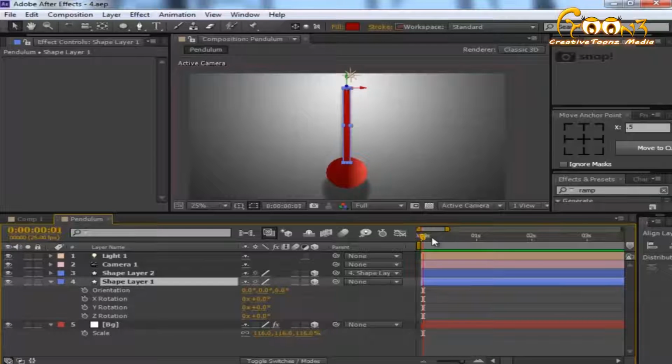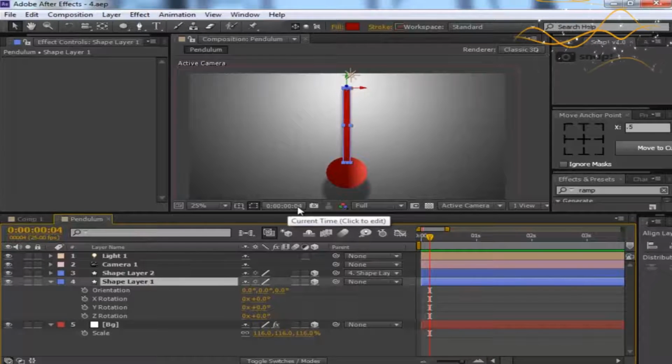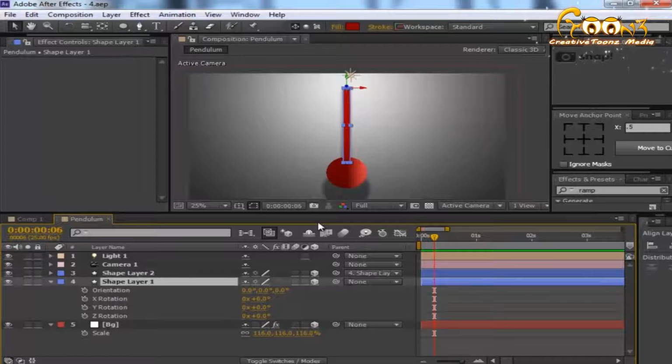It will move up the frame. Like you can see, this time stopper will move forward further, and the timer is also showing 4 frames. I just move it up to 8 frames, suppose, and apply the